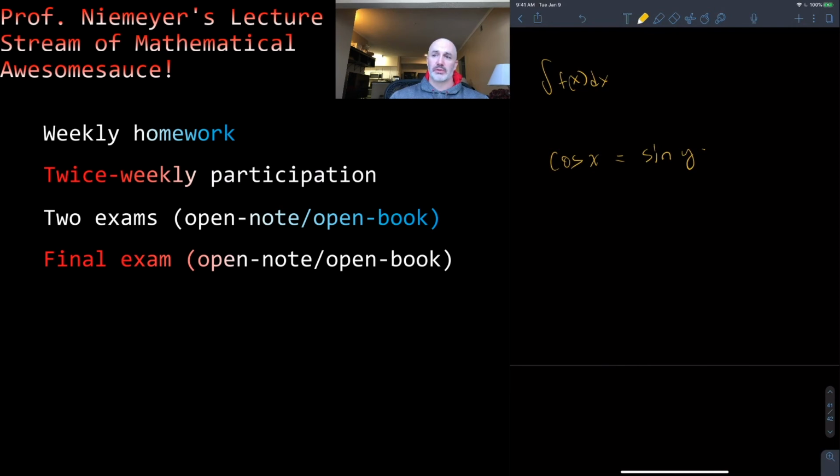And then there's going to be 2 exams, as I mentioned before, open note, open book. This is going to be the honor system, folks. I trust all of you. There's a temptation, obviously, to Google answers and to go to chegg.com and find this or that. But I guarantee you, if you try that, it will lead you astray and it will end up biting you in the rear end in the end. And being bit in the rear end academically or just in life is never any fun.